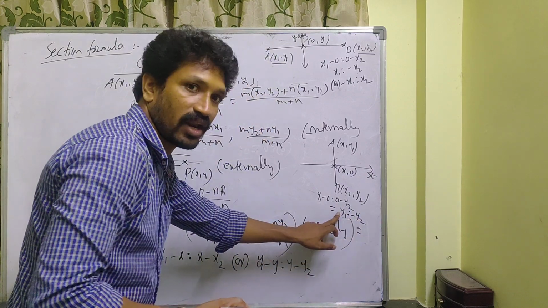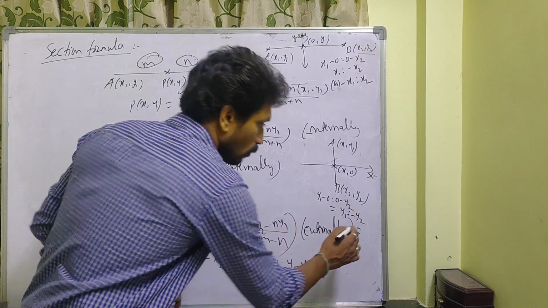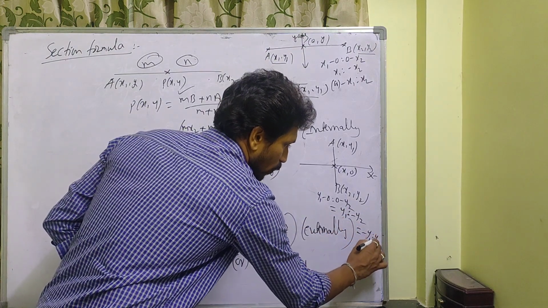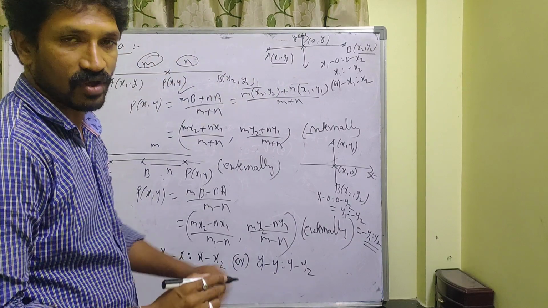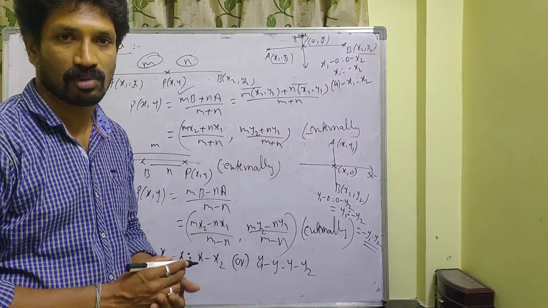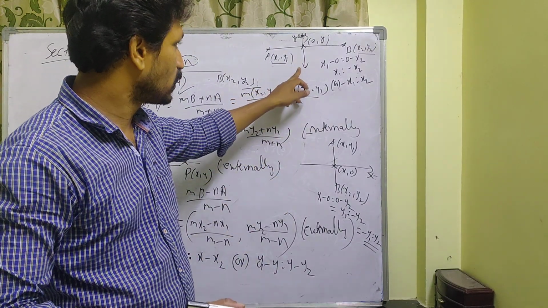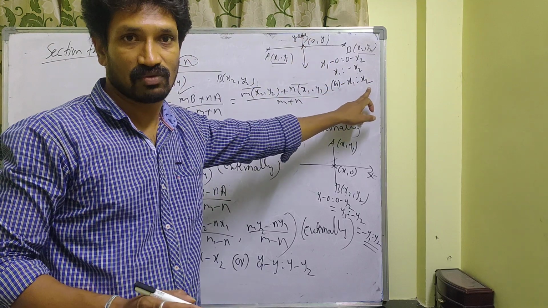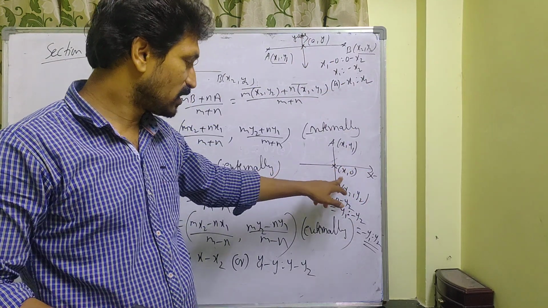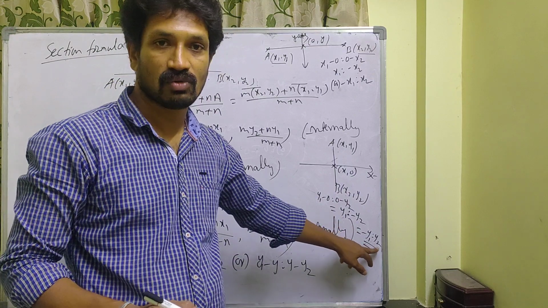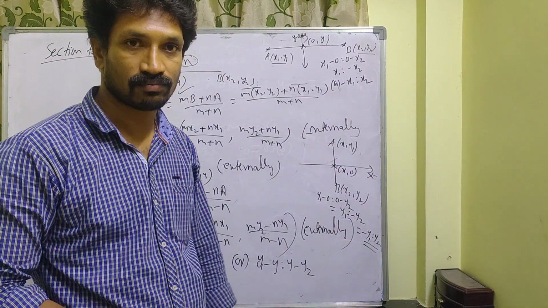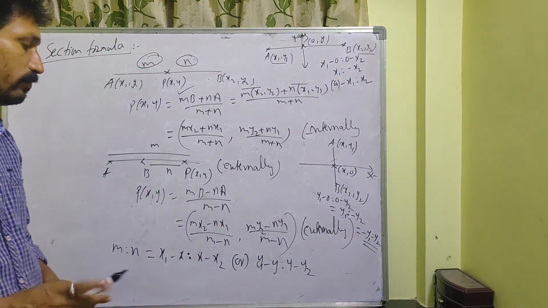Similarly, you can write the minus before or after, no problem. If you write it before, it is minus y1 is to y2. For ratios, you should write it at the start, no problem. So whenever the y-axis divides AB, the ratio is minus x1 is to x2. When the x-axis divides AB, the ratio is minus y1 is to y2. Reverse. Okay.